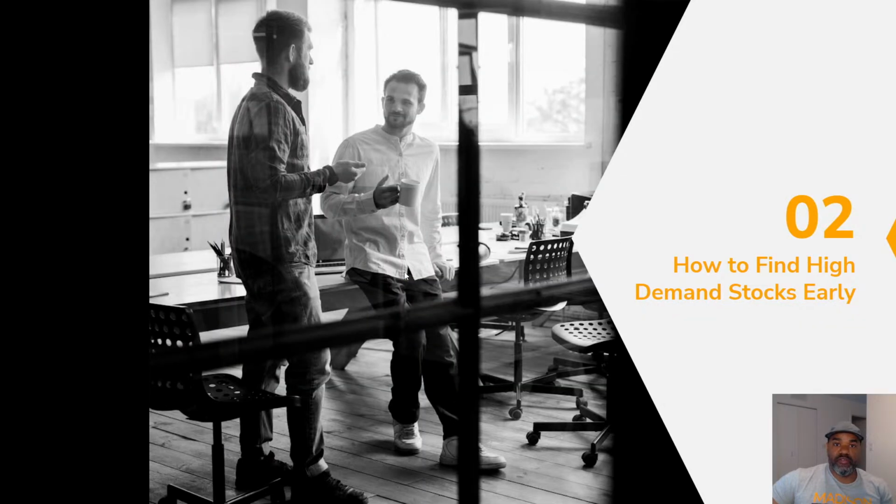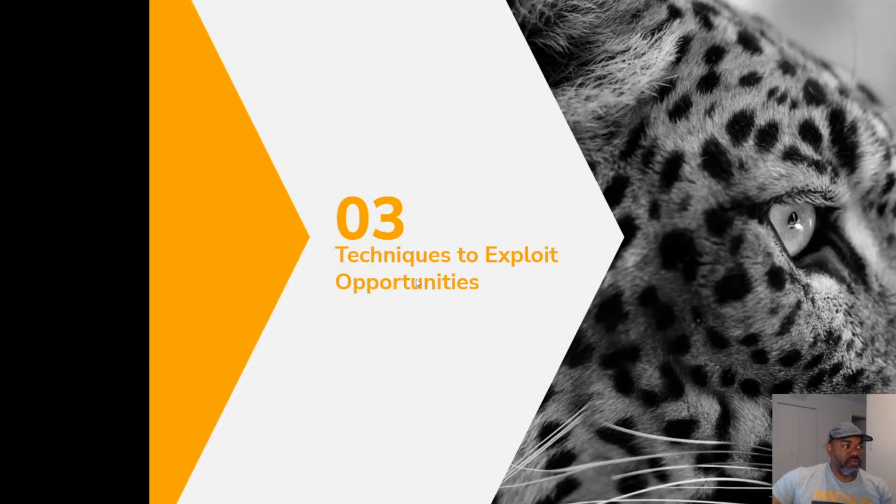We now know how to find high demand stocks early by using our screeners to look for institutional stocks with a high insider score, also stocks that show strong buying activity, which is the second thing we looked at, the up-down volume scan. And then exploiting it just came down to timing. We're looking at the charts to see when the stock is starting to trend, and we're looking at key levels